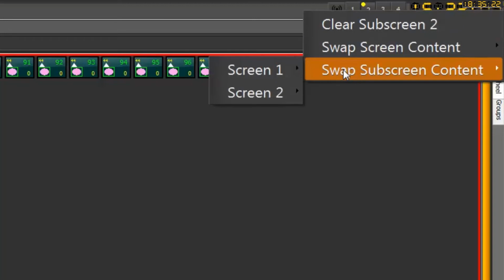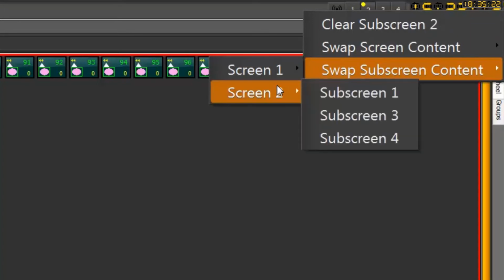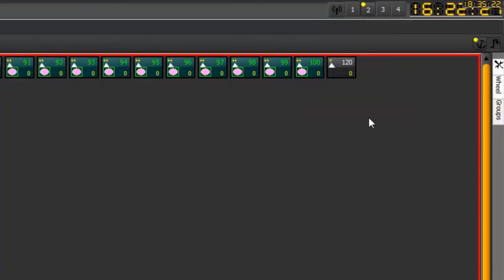what do I want to swap it with? So let's say with screen 2 and subscreen 3, because this current monitor where we are now is screen 2, and in this screen 2 I want to swap with the subscreen 3. I click on it,